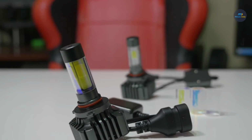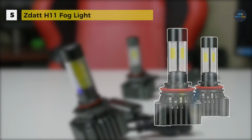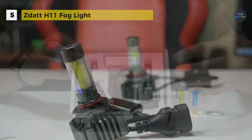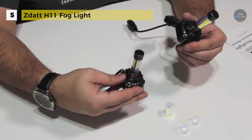The zdatt H11 Fog Light offers an aluminum casing, high optical density, powerful built-in 12,000 RPM turbo cooling fan, twice faster heat dissipation than generic bulbs. It has an all-in-one aluminum material and design which makes it easy to install. It has 4 sides lighting 360-degree LED lighting, which emits a super bright and clear beam pattern without any dark